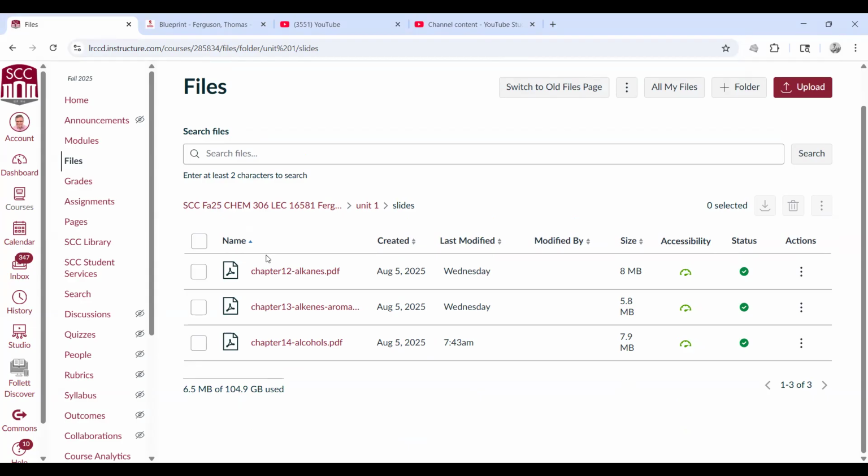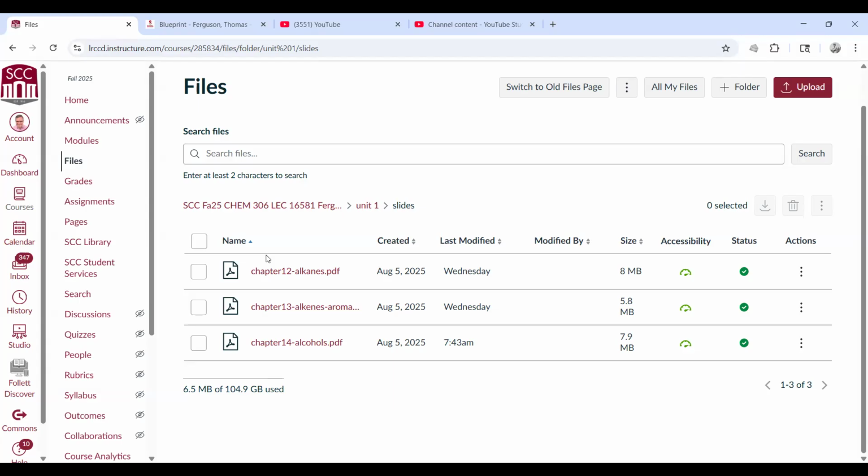So for Wednesday, you need to download these and print them. I would suggest printing them in black and white, 2 per page or 4 per page. Try it both ways and see which you find is better. And that's number 1. Number 2, does everyone understand where the slides are located? They're in Canvas files by unit, and then there's a subfolder called files or slides. Okay, once you've located the slides, downloaded them, and printed them, it's important to print them, by the way, because you're going to be taking notes on them.